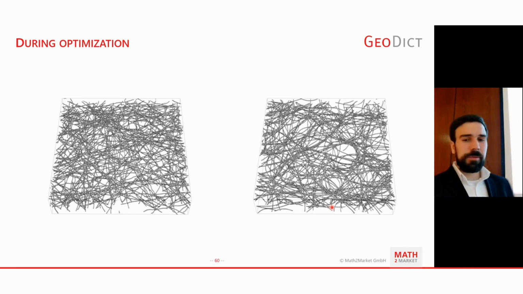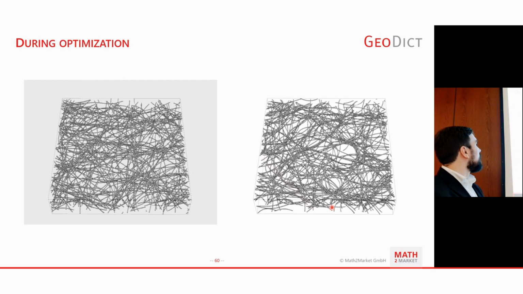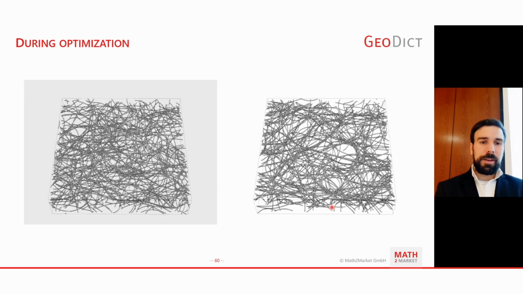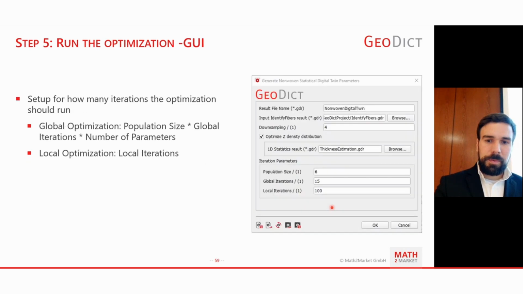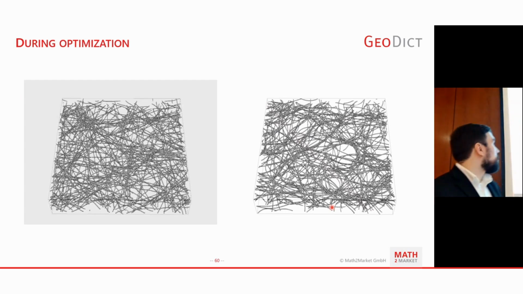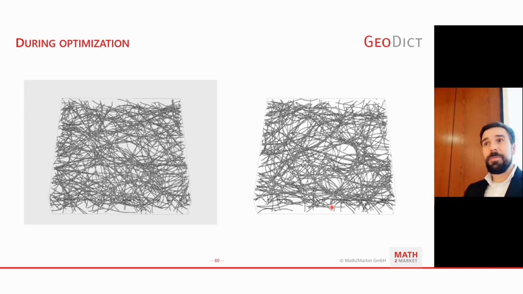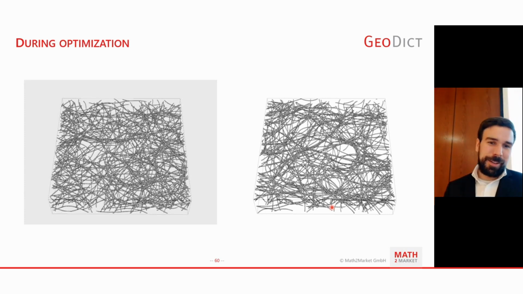And because we now have seen a lot of code, I have here a little animation where we see how the FiberGeo structure changes during the optimization. So on the right side is where we want to go, and on the left side you can replay how the structure is changing. I've thrown out a lot and only took the structures where a new minimum was hit, because otherwise it doesn't make any sense looking at it. But you can see how the fiber slowly, the curvature behavior is getting closer to what we have as a target over here. Okay.